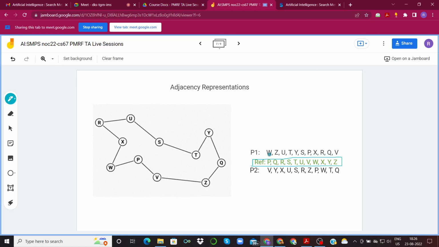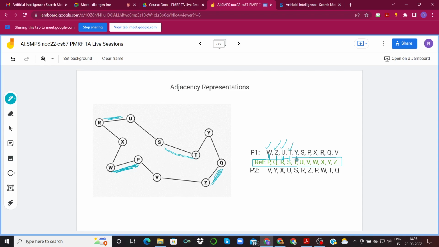So just see this between each individual pair. W and P, they are connected, right? They are adjacent to each other, so this is fine. Look at Z and Q, they are adjacent, so this is fine. Look at U and R, again adjacent. T and S, again adjacent.